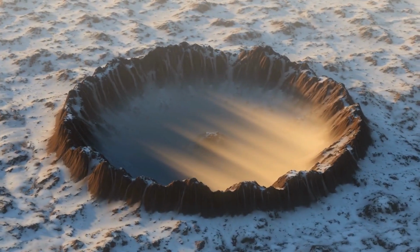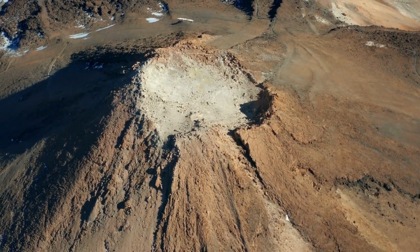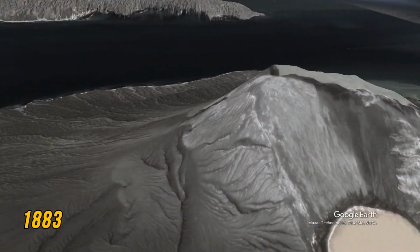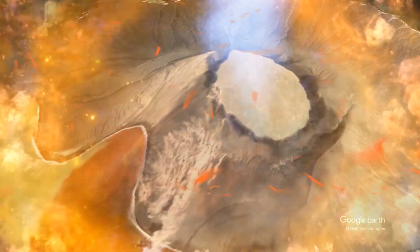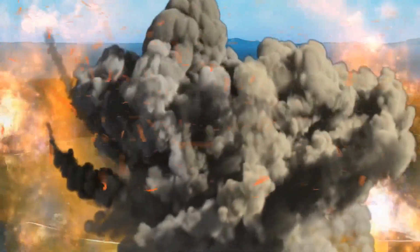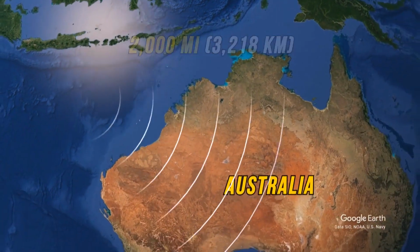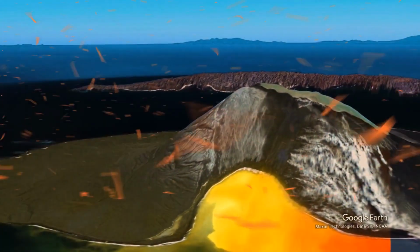There are also several so-called supervolcanoes that haven't lived up to this name yet because they've never produced anything like a super eruption. For example, in 1883, Indonesian volcano Krakatoa went off. The power of the eruption tore the volcano's walls open, and cold seawater rushed into its molten insides. The difference in temperature made the volcano blow up with a deafening boom. It was clearly heard 2,000 miles away in Australia. It earned the blast the title of the loudest sound in history. But even though the consequences of this event were truly catastrophic,